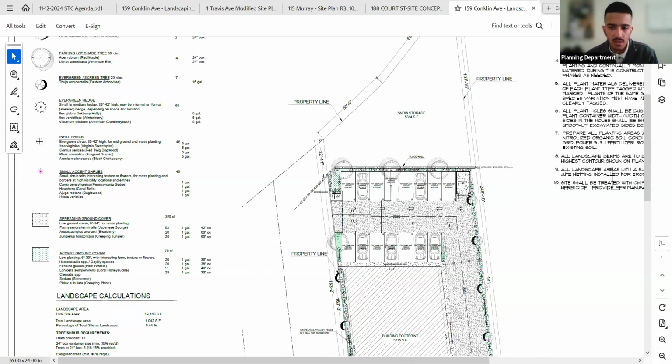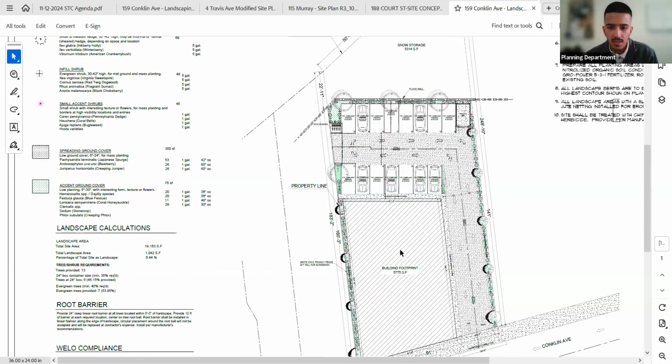And along the sides, at least going into the driveway of the parking lot, they're asking for about 3 feet of landscape buffer so that it doesn't cut into the drive aisle. They'll be going in front of the planning commission in December, as well as the zoning board, to ask for that variance.